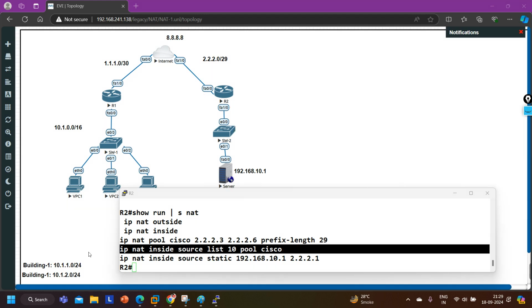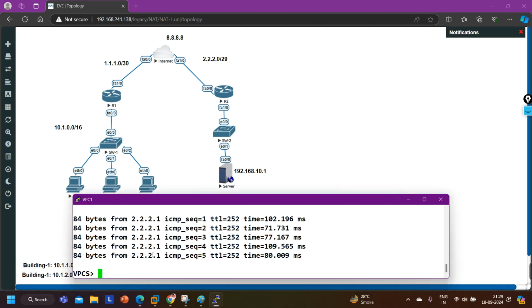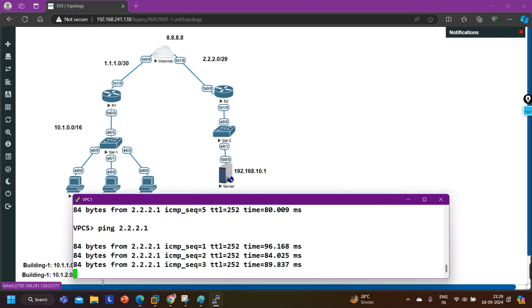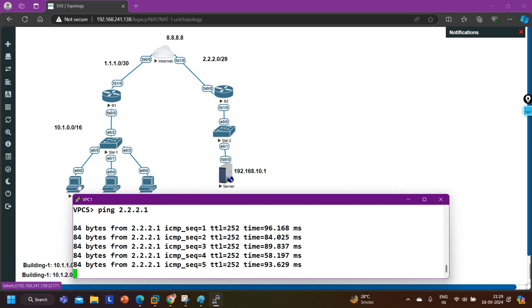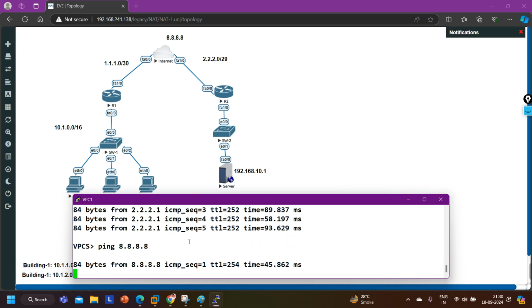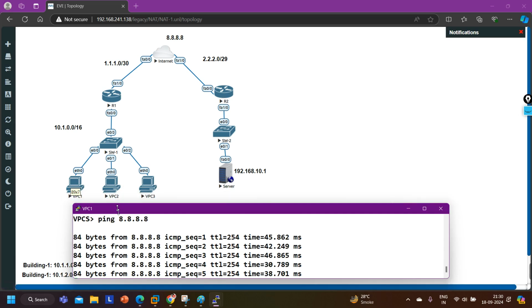And everything is working fine, right? You can see from this network, PC1 is able to ping this server with the help of the public IP address, as well as PC1 can access the internet. Ping 8.8.8.8, able to access the internet. They can ping PC2 also.